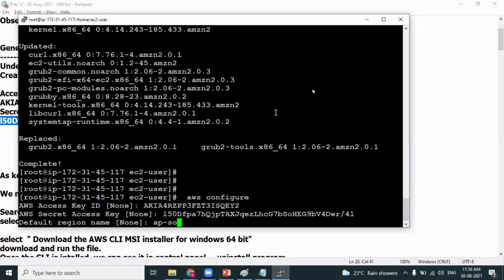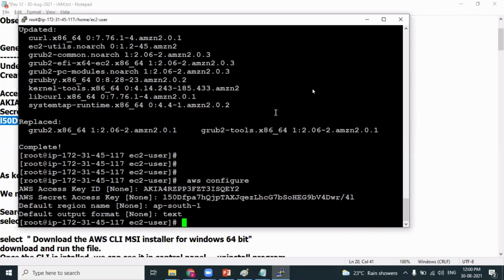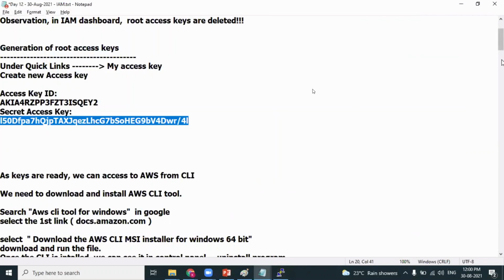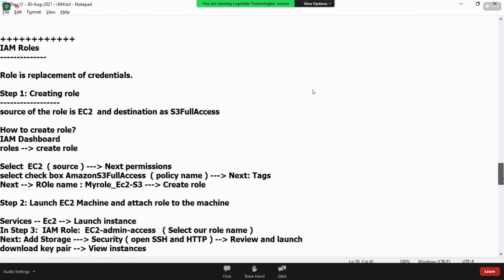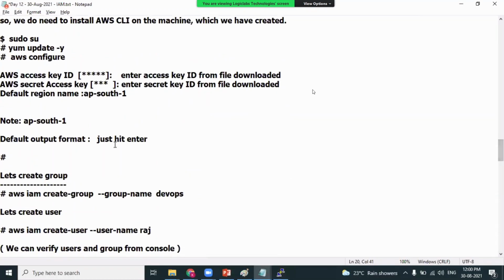You can write ap-south-1, which refers to the Mumbai region, isn't it? Right. Output format. You're connected to CLI. Sunil, if someone puts in a wrong one, then the account may get locked? The account will not be locked, you will just not be connected. That's it.